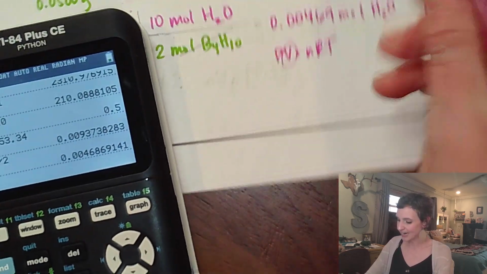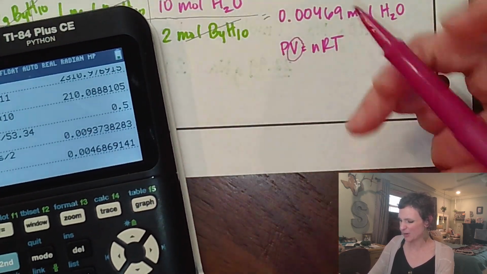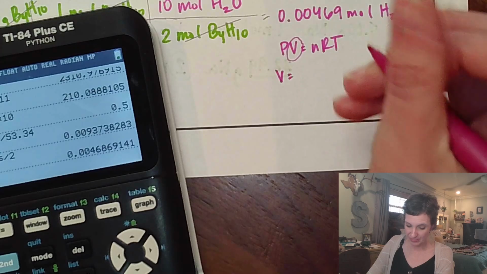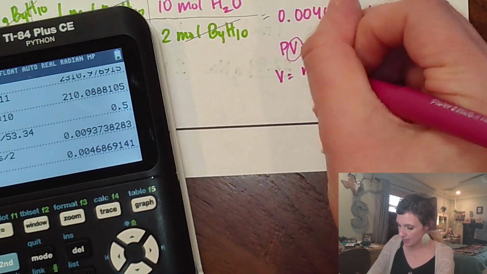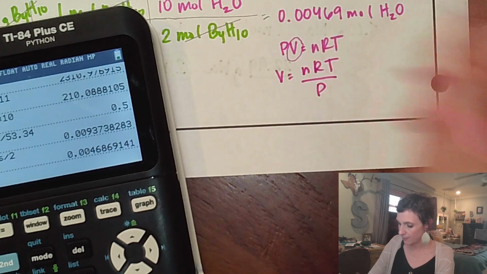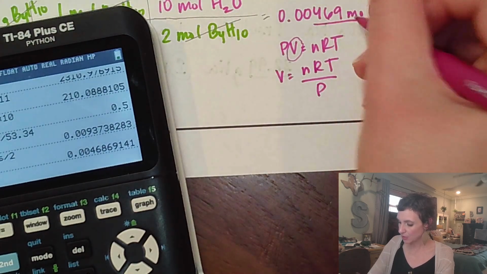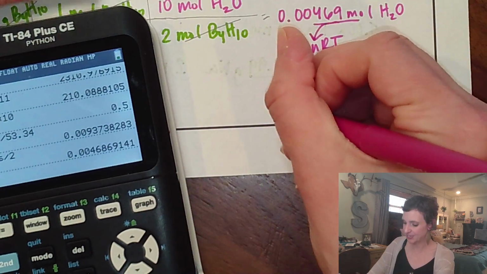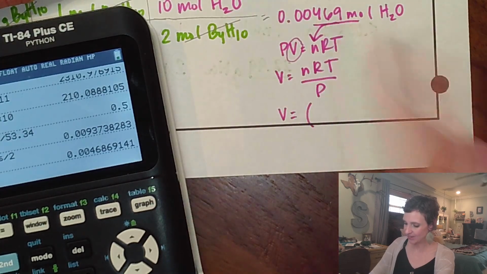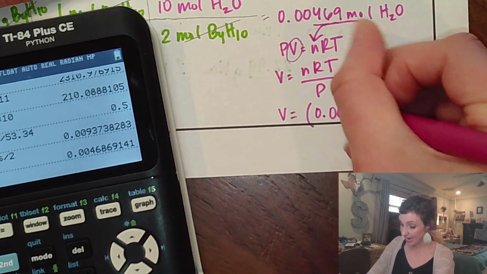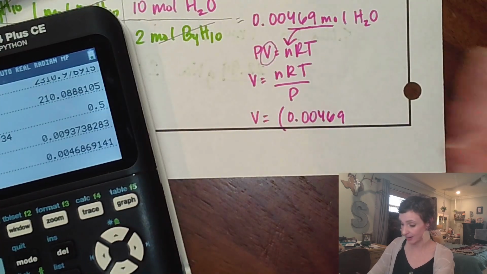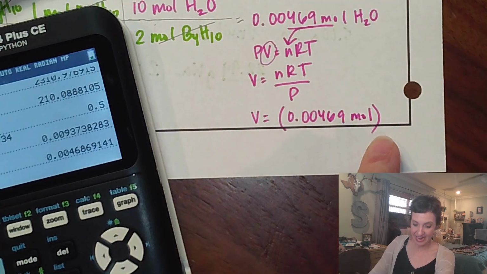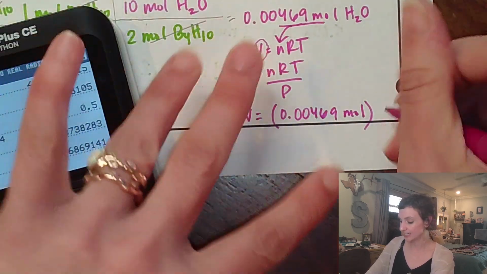But that moles here is going to be plugged in here. I'm going to rearrange my equation to state volume is equal to nRT over P. And this moles value is going to be plugged in as N. So substituting my N value, which I've written down rounded, but it's still in my calculator unrounded. And then I have an R value for the ideal gas law,